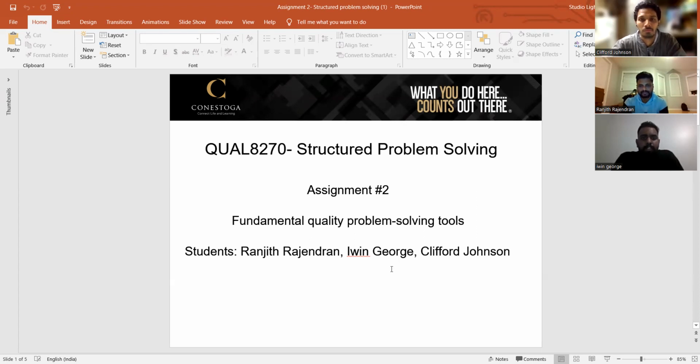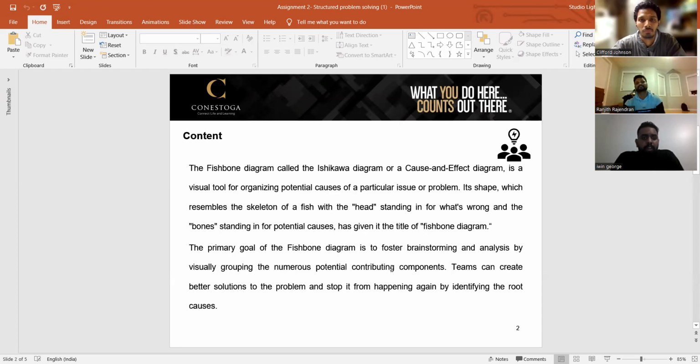Today, in this presentation, we would like to introduce you to the Fishbone diagram, which is a powerful visual tool that helps us to determine the potential cause of a problem or effect occurring. The Fishbone diagram, also known as the Ishikawa diagram or cause and effect diagram, was introduced by Kaoru Ishikawa, a Japanese quality control expert, in the year 1960, and is used to determine the potential root cause of